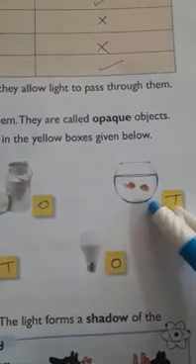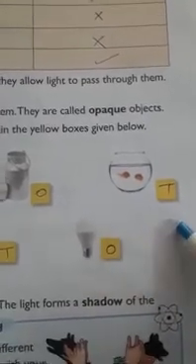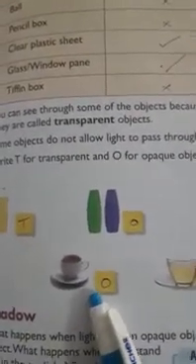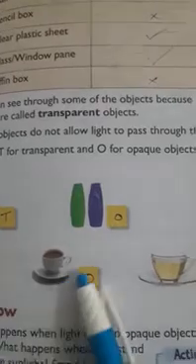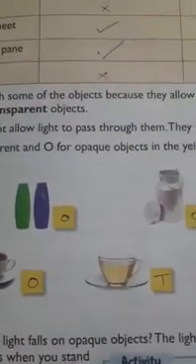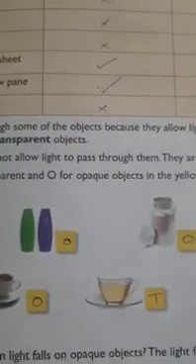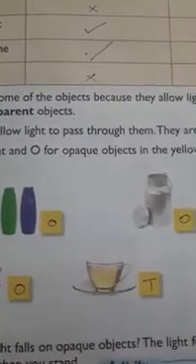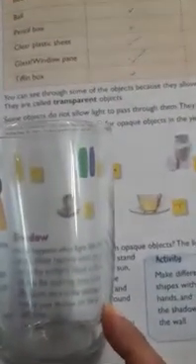Here is a transparent jar or fish pot. So this is transparent. We have written T here. Next is a cup of tea. We cannot see through it. This is an opaque object. Here is a transparent cup. Okay, a transparent cup through which you can see the tea clearly, and what is behind the cup, that also you can see. It is the same as this glass. Okay, so this is a transparent object.